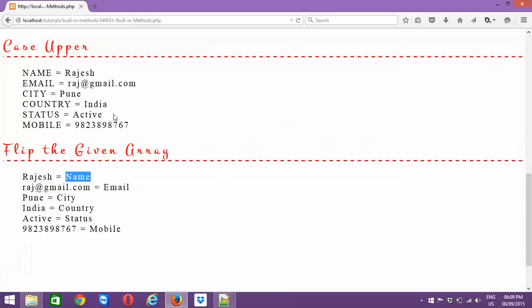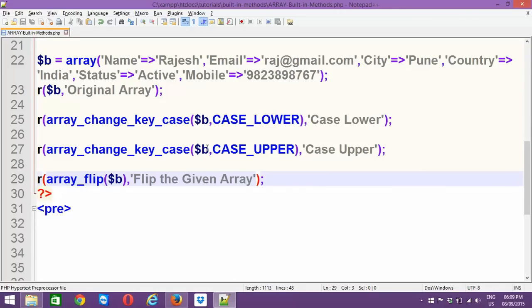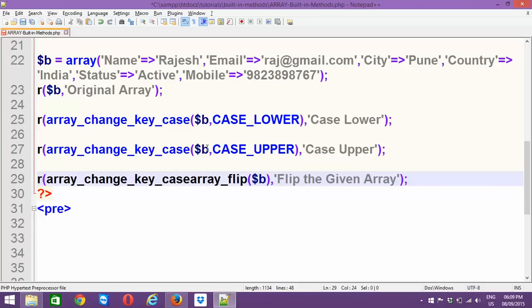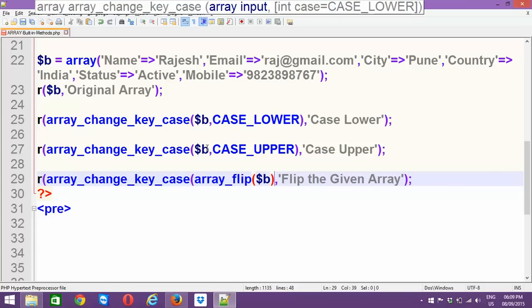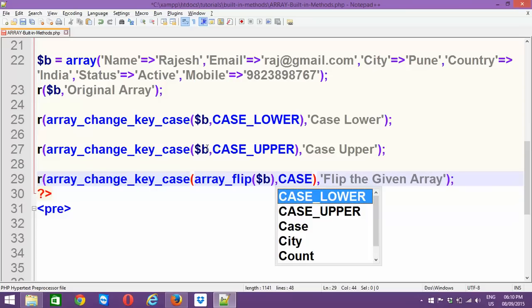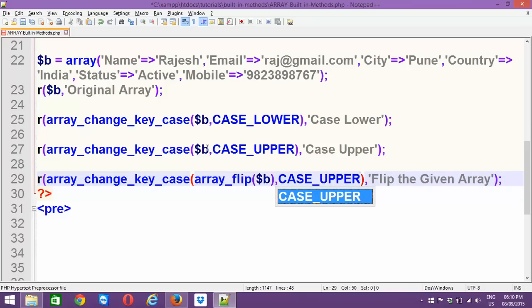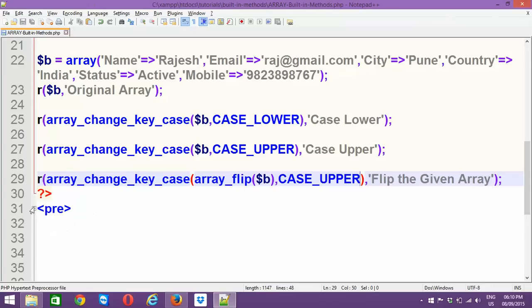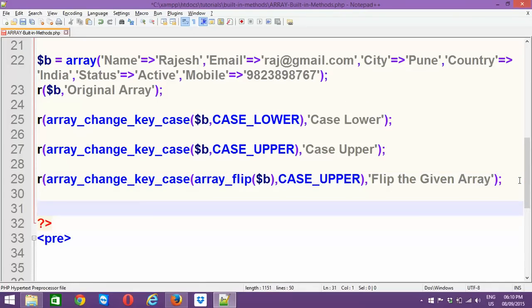Now you might also be converting this in this way. What I'm doing is, after array_flip, I'm going to go with array_change_key_case and just push it up with the second argument, which is supposed to be taking CASE_UPPER. Now you might see the changes that got affected to this array, all in uppercase. So these kinds of things you can do very easily. Next we have something called,